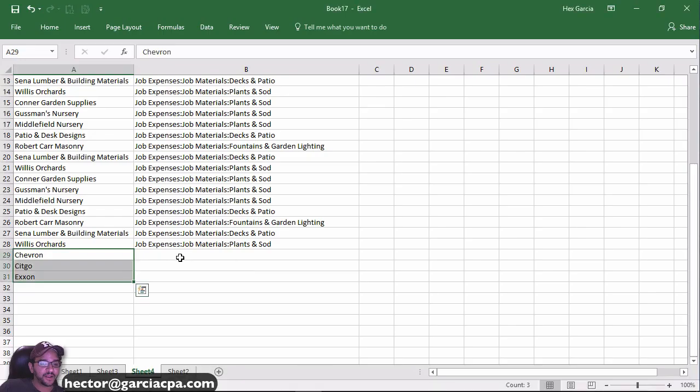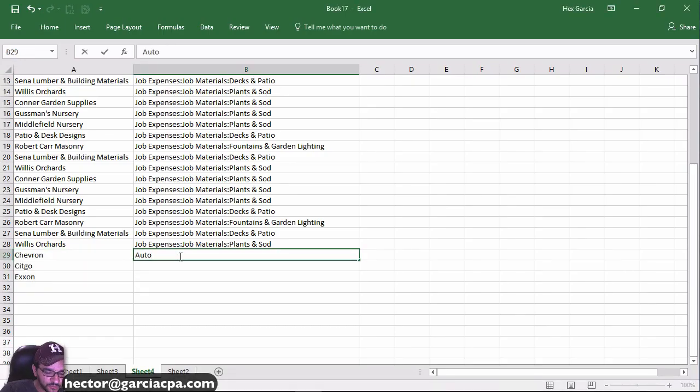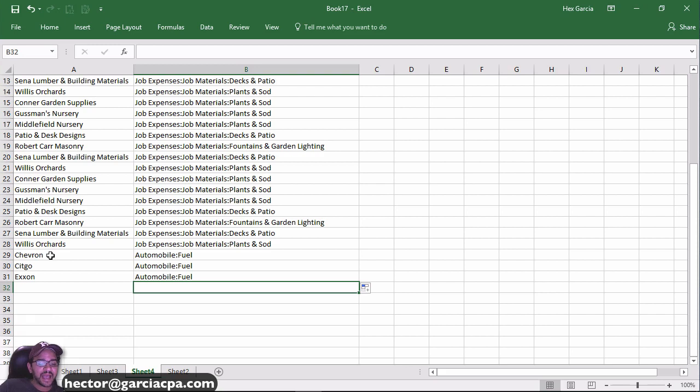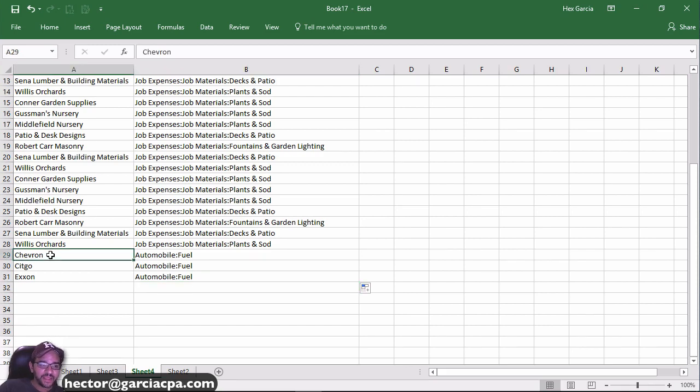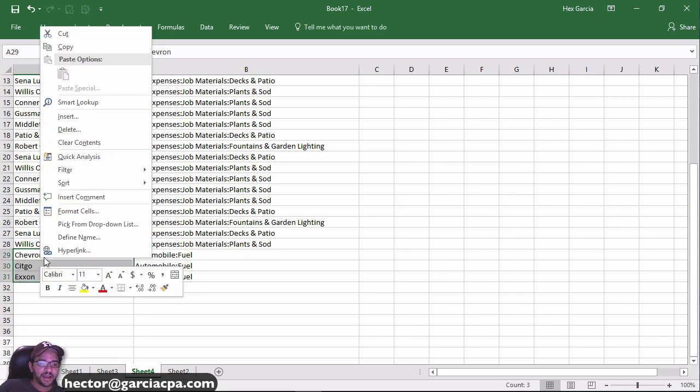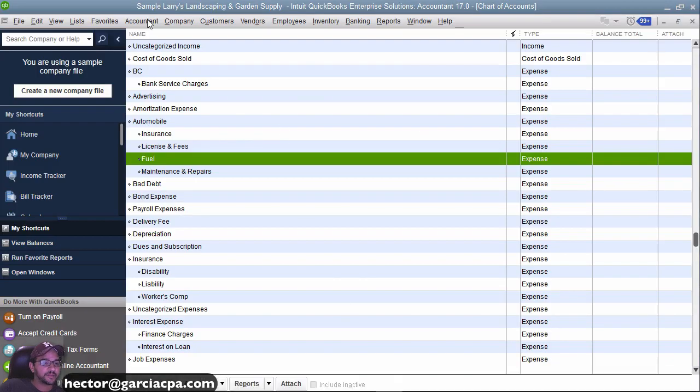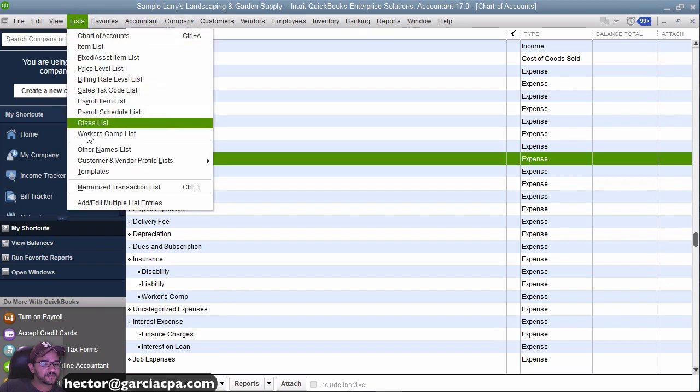So I could just type it in here, automobile, and then put the column and type fuel. And this has to be exactly like it's in QuickBooks. If you have an error here, that won't work. But if I do this in batch, I can now bring in those vendor names in batch through a different tool. So I'm going to bring in just the vendor names, and I'm going to come into list, add edit multiple entries,